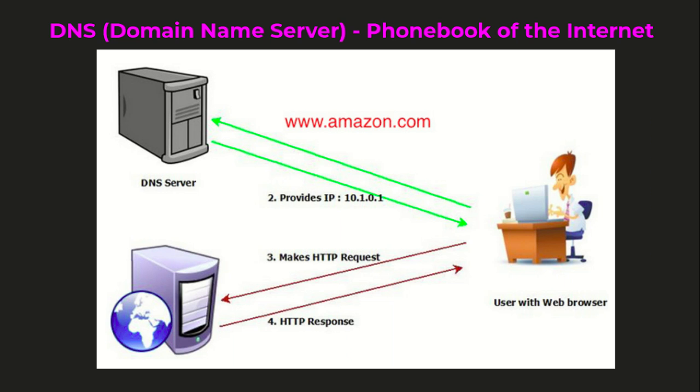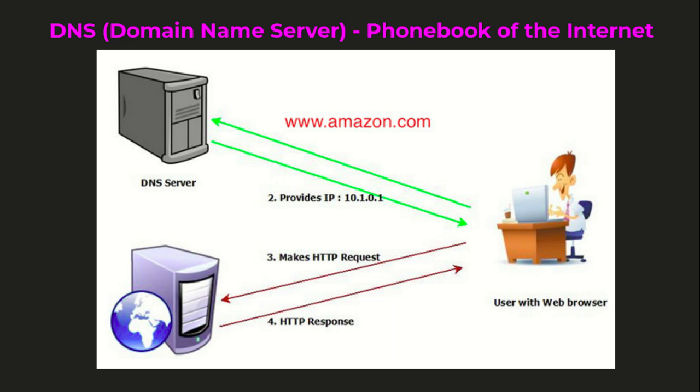Rather than typing the IP address of a specific site, we will be typing the domain name of that site. For example, www.amazon.com. Rather than typing the IP address one by one, it is very easy to just go with the domain name. When you consider the lot of websites that we are working with, it's really hard to remember all the IP addresses as well. So for that purpose, we will be using the domain name.